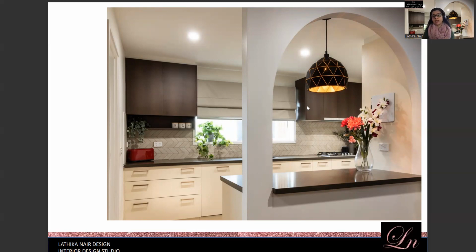And of course, the pendant light on the island bench. It is decorative, it is a feature. But just as I mentioned, if the family is sitting together having a quick lunch, that is more than enough to light up the space. Even if they want to chop a veggie, that light is more than enough. But it's a beautiful piece, so it acts as a focus within the space. So that's an ornament light.